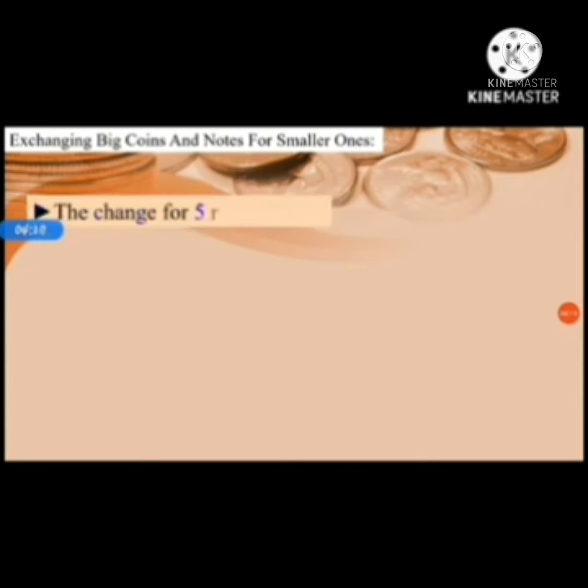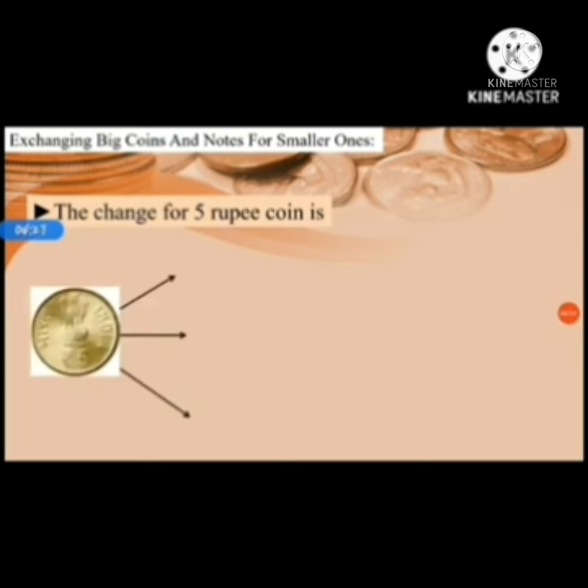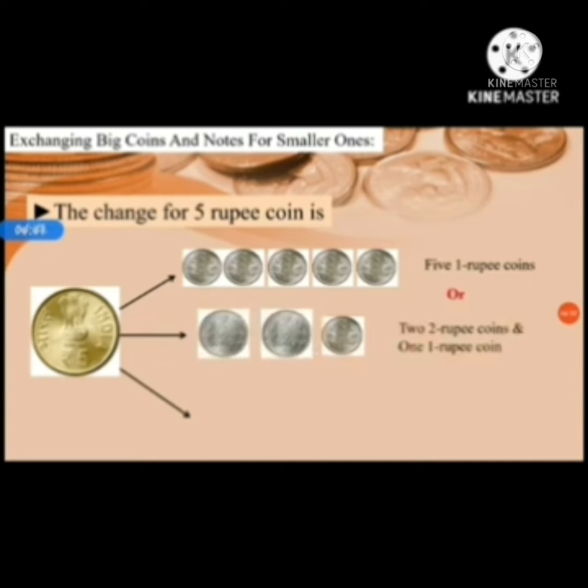Next is the change for 5 rupee coin. For 5 rupees, how will we take the change? Can you tell me? Now see here, 5 coins of 1 rupee. 1 rupee we can take 5, so we have 5 rupees. Or 2 rupee coins, 2 coins, and 1 rupee coin, only 1 coin.